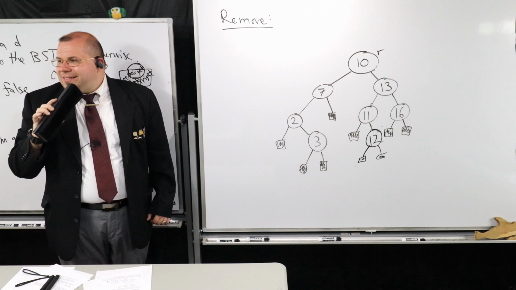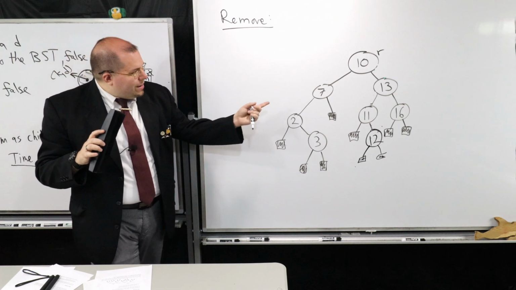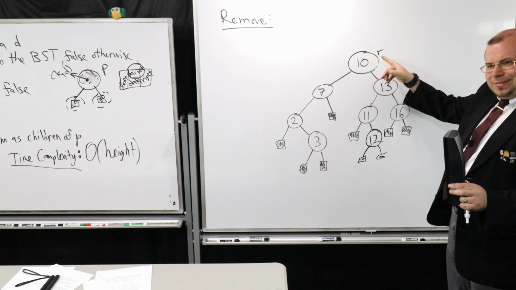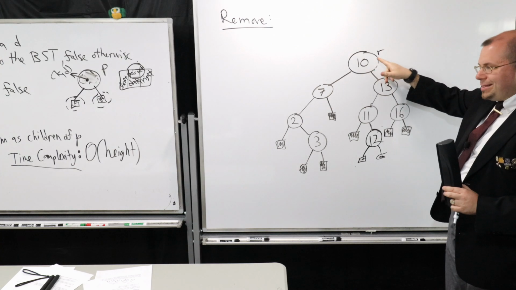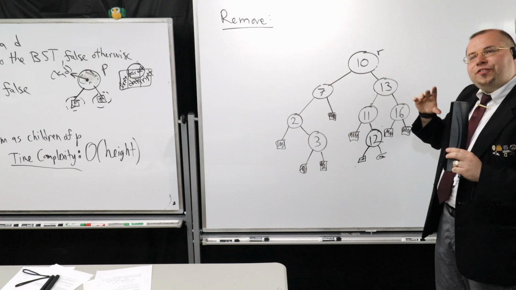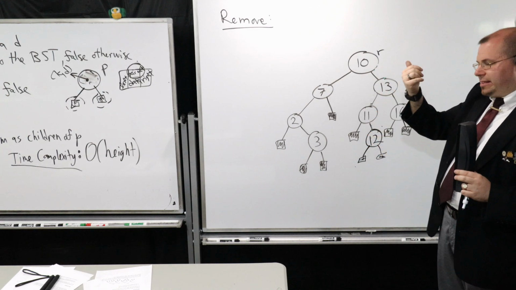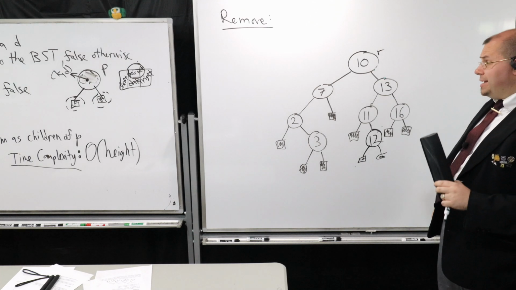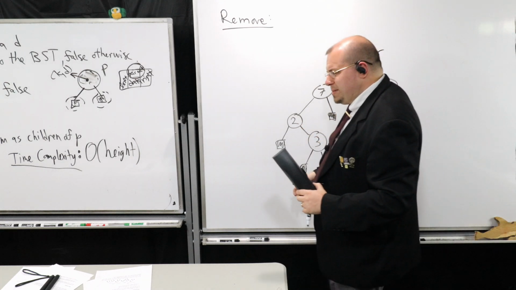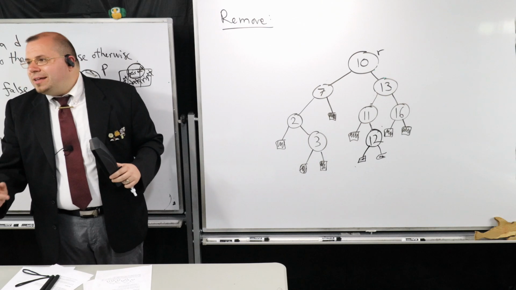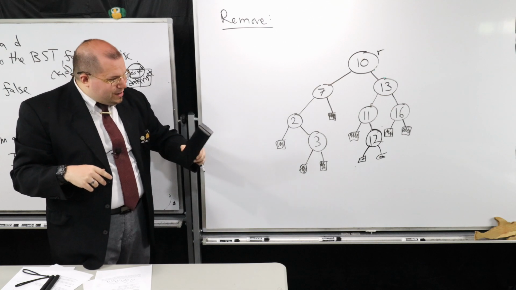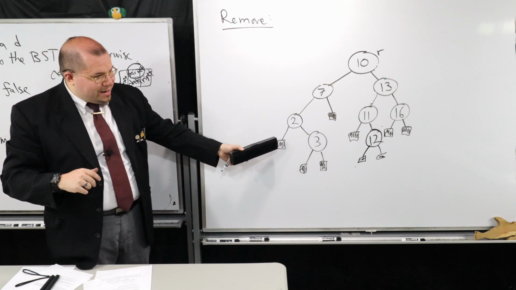So yeah, if I look and examine the node I want to delete, notice here that there seems to be this nice property. Notice that I couldn't do it with 10 because both of its children are internal nodes, right? Both of them. But if you flip this logic on its head, so you negate that reasoning, what that means is that what seems to be easier for us, the easier way of removing, is when there's at least one leaf node among its children. So notice that if I have at least one leaf node, I can apply this trick I was doing down here with 2 and 3.